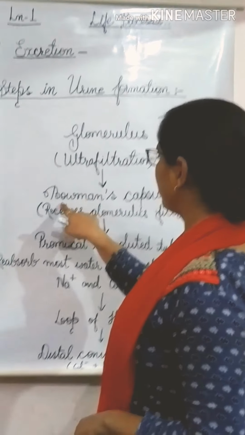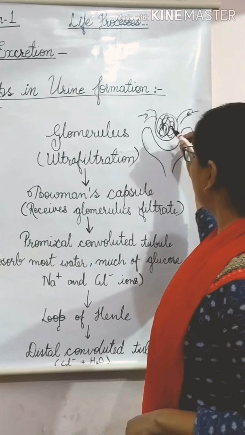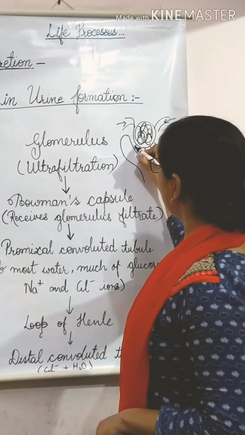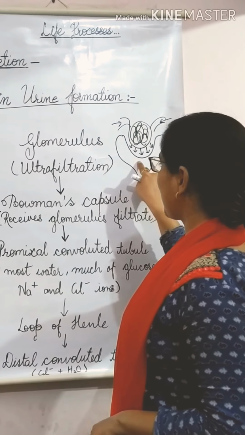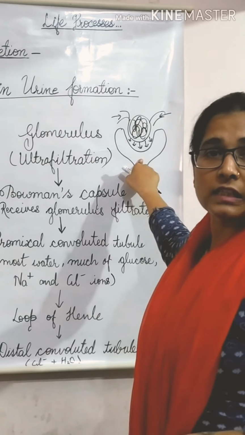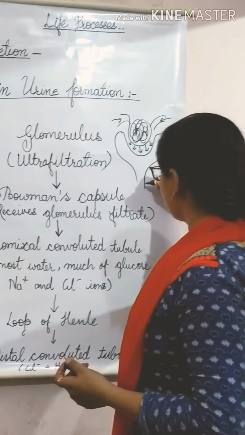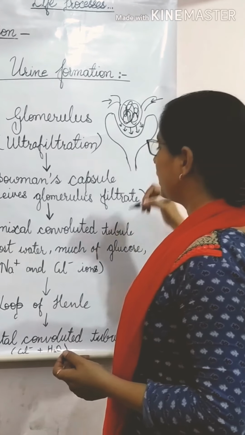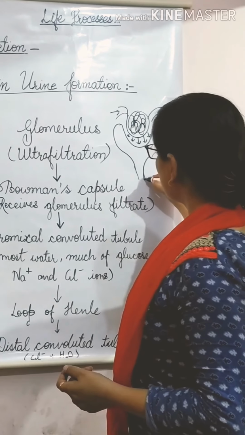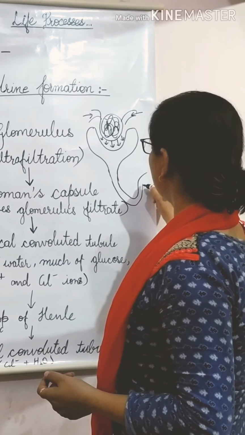So the next part is Bowman's capsule. Bowman's capsule receives the glomerulus filtrate, means whatever the urine discharge, the filtrate, is there, it used to pass into the Bowman's capsule, and from this Bowman's capsule, the remains come to the next chamber, and this is what? This is your PCT, proximal convoluted tubule. In this PCT, and then you have studied about loops of Henle, then you have studied about DCT, and then